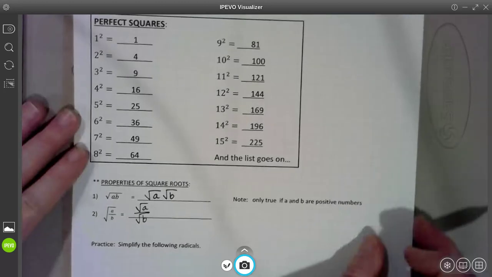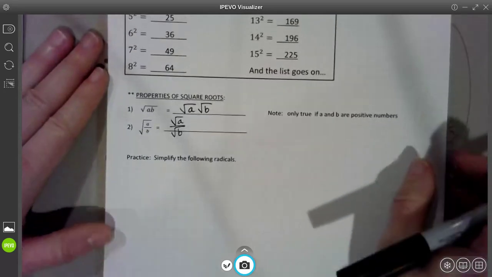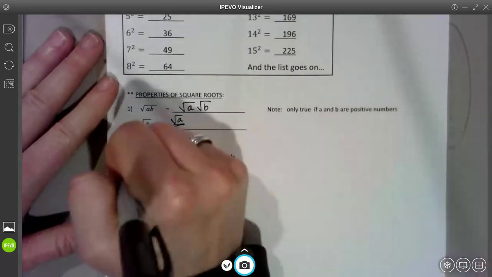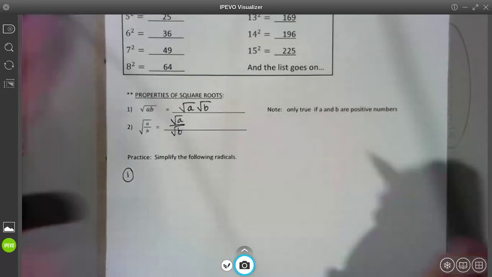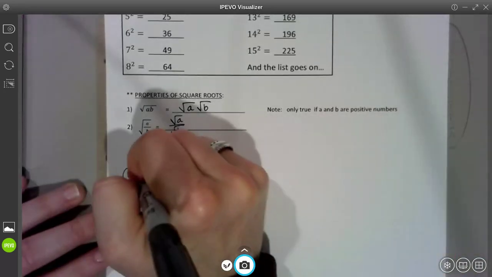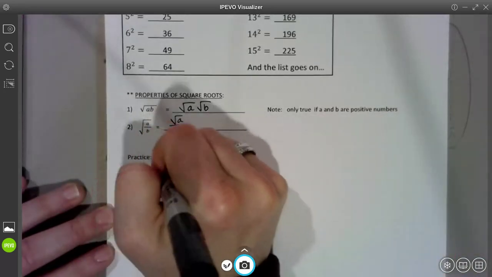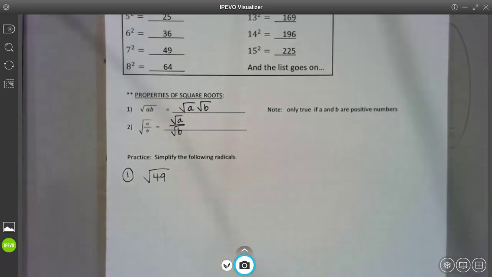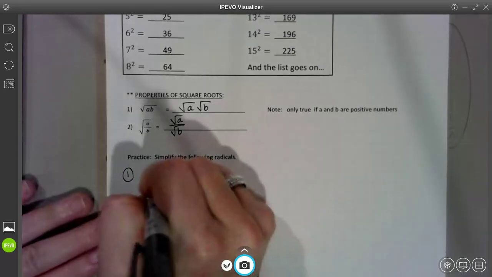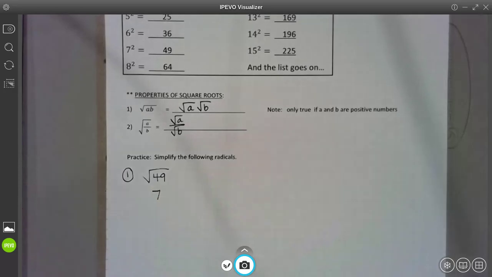All right, so let's do it. So first of all, don't be fooled. On your homework tonight, if they ask you to simplify square roots, they can still throw a number like this at you. Simplify the square root of 49. Well, I hope that you guys recognize that the square root of 49 is a perfect square. So when you unsquare it, what number did you square to get 49? The answer is 7. So some of the answers are going to be nice on your homework, but some of